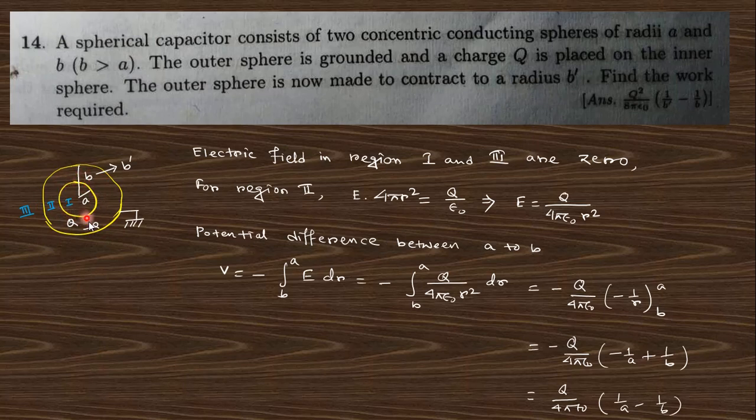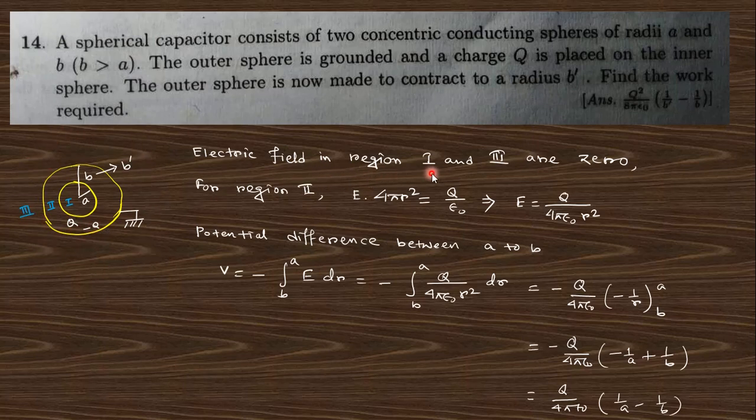That's why there is a charge of minus Q induced on the inner surface of this outer sphere, and on the outer surface there is plus Q charge, but this is grounded. That's why this charge is transferred to the ground. If you consider regions 1, 2 and 3, in region 1, if you take a sphere, there is no charge enclosed. So by Gauss's theorem, in this region the electric field will be 0. In the third region, if you also take a sphere, the total charge is Q and minus Q, so in the third region also the electric field will be 0.